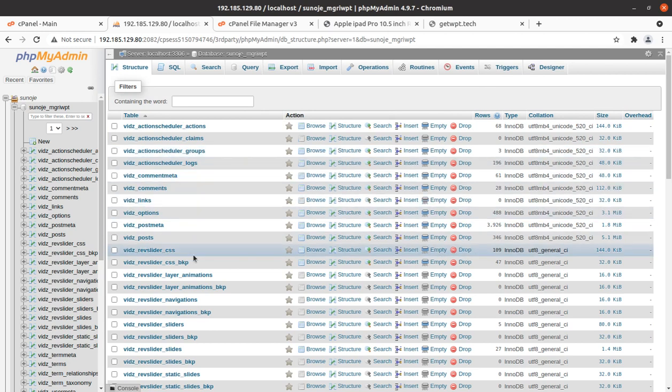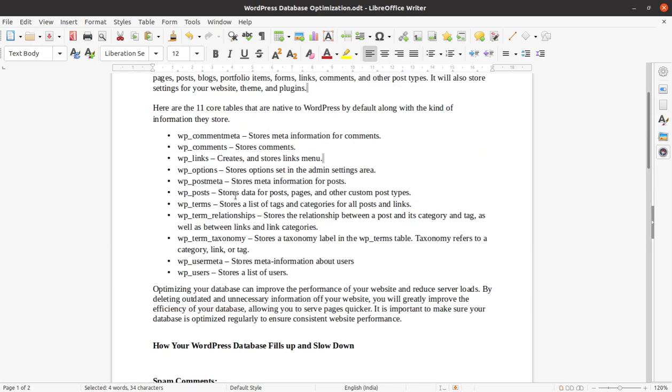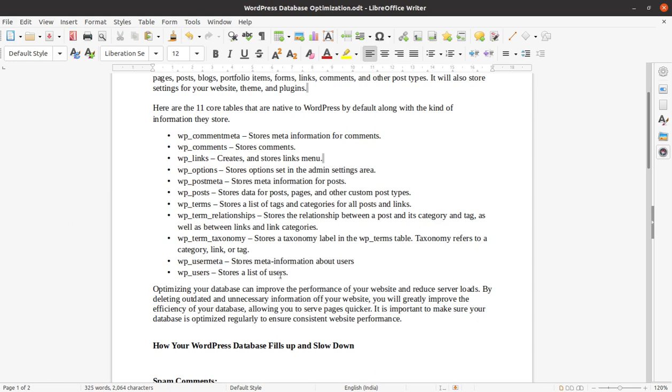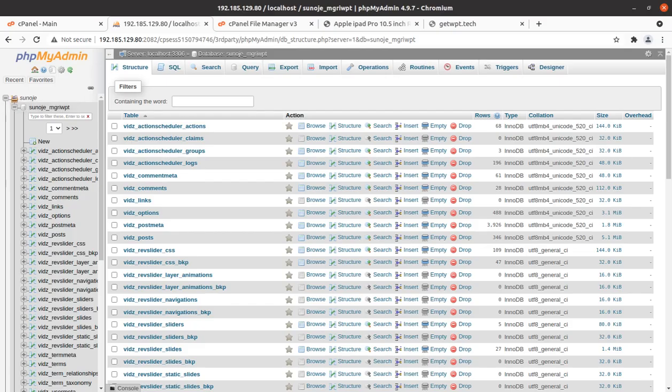Alternatively you can choose the core tables which I have listed here, and it is available in the description of this video along with the WP Themes website as well. So these are the core tables. You can select these tables for optimization, or you can optimize the complete table as well.